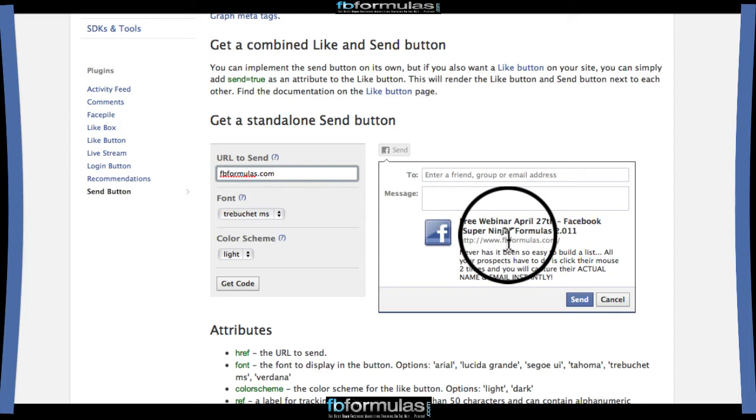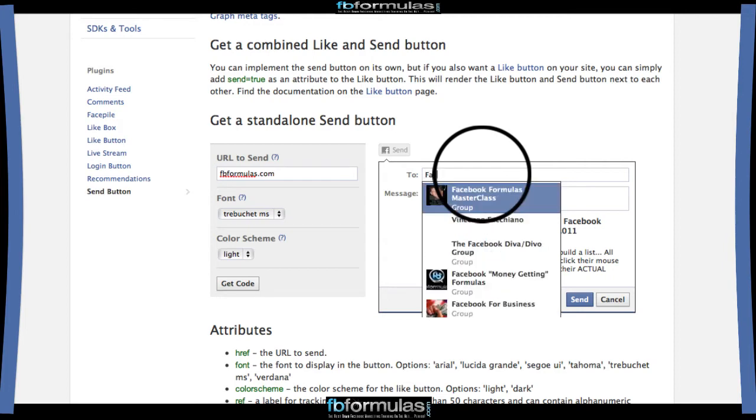Now, I've never really been a huge fan of groups. I was a fan of the old style Facebook groups where you could send a direct message to up to 5,000 members. You could send it like an email. It's like building an email list, a group on Facebook. Well, now those old style groups are being destroyed. So if you have them, start inviting people, create a new group and invite people to it. As I just did a couple of days ago, I created a new group and I'll show you an example.